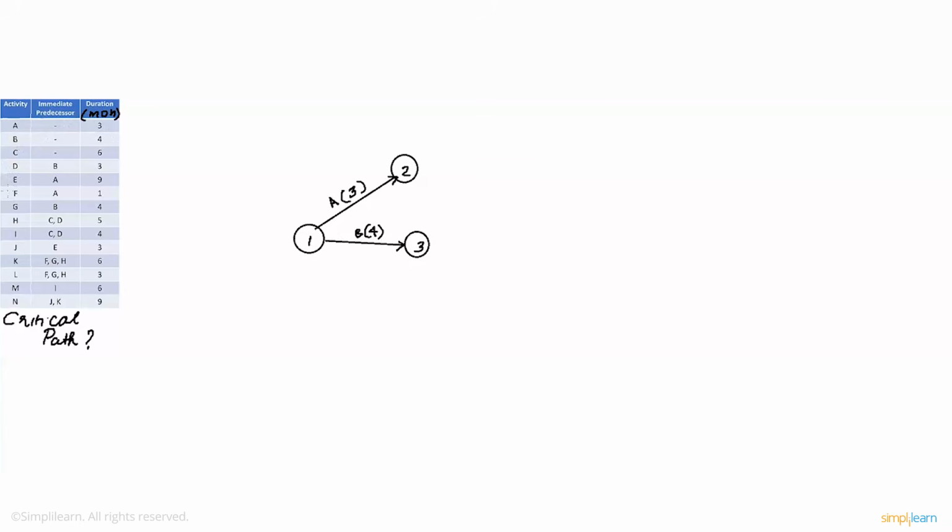Next up, we have activity C. C also does not have an immediate predecessor, but it also acts as an immediate predecessor for activities H and I. Let's draw a node for activity C, number 4. Let's write down the duration, which is 6. Now, let's have a look at activity D. D is preceded by activity B. However, a combination of C and D act as immediate predecessors for H and I, which means that C and D will have a common point of origin, which is right here. So, let's connect node 3 and node 4. This represents the activity D,